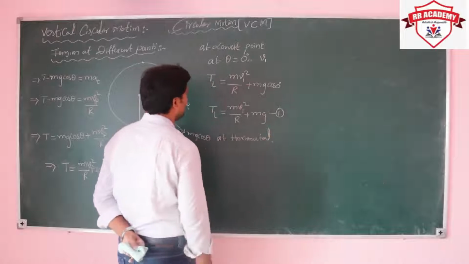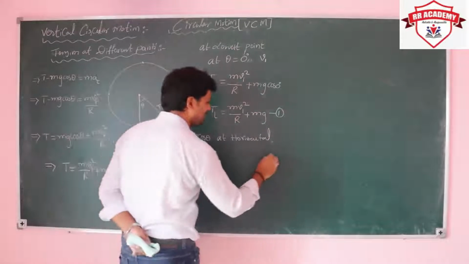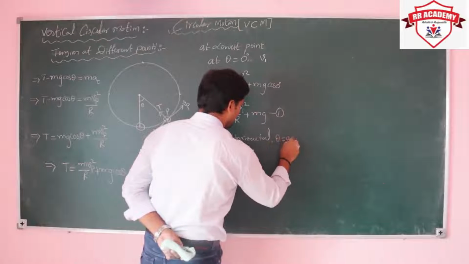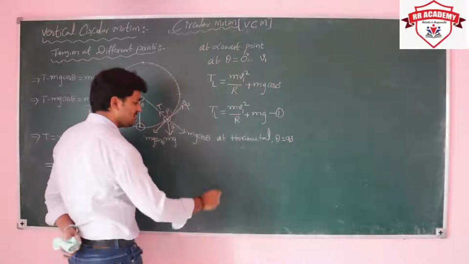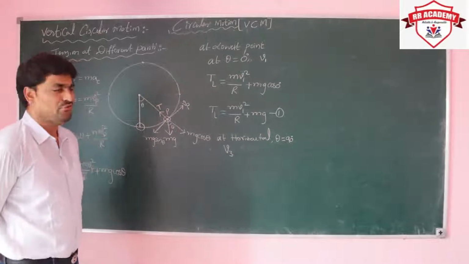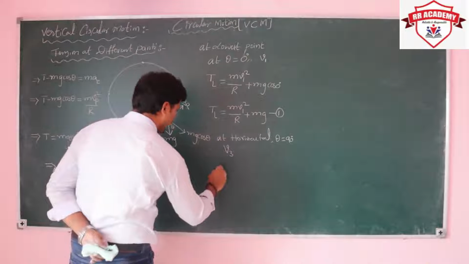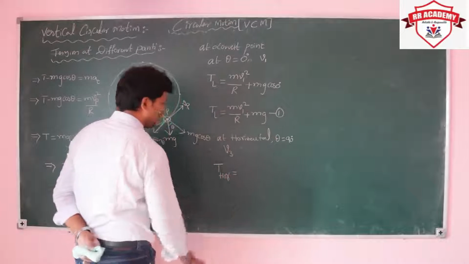What does the angle for the horizontal position mean? The angle goes to 90, so theta is equal to 90. What is the velocity there? Velocity is equal to V3. So just substitute the velocity: the tension in the horizontal position is equal to